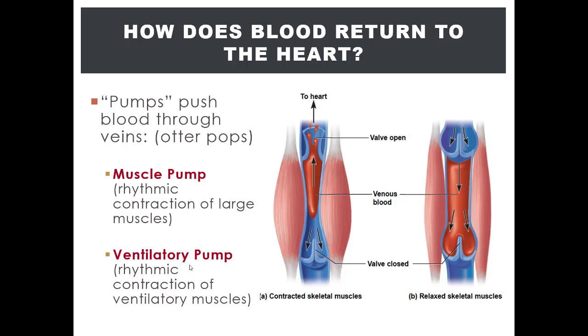Every time we inhale and exhale, we create changes in intrathoracic pressure. The changes in the intrathoracic pressure are able to constrict and relax veins, creating high to low pressure gradients and facilitating blood flow back to the heart, aka venous return. So how is this pumping mechanism for venous return related to exercise?